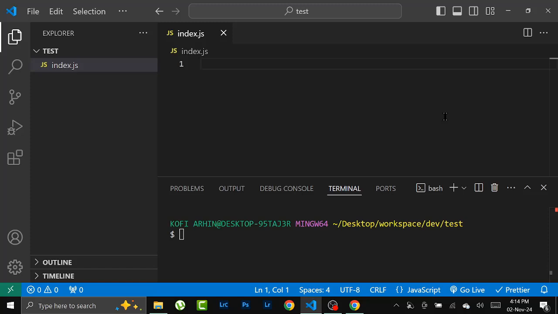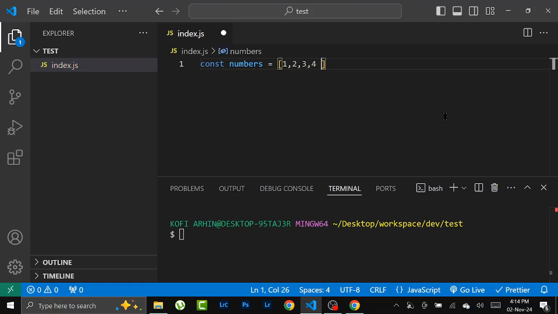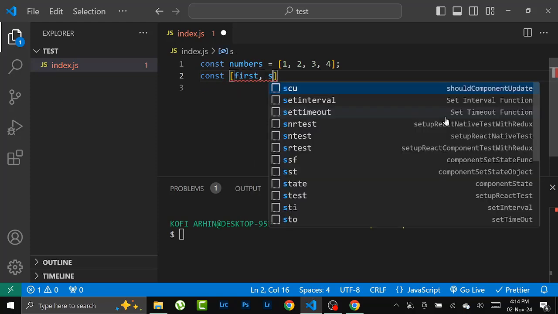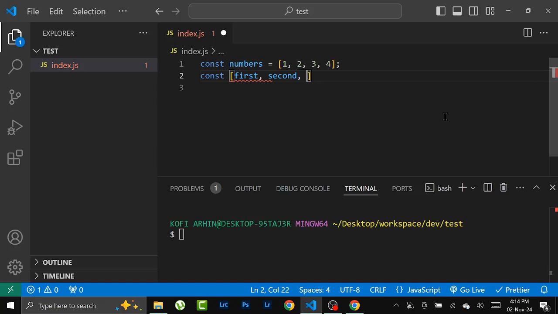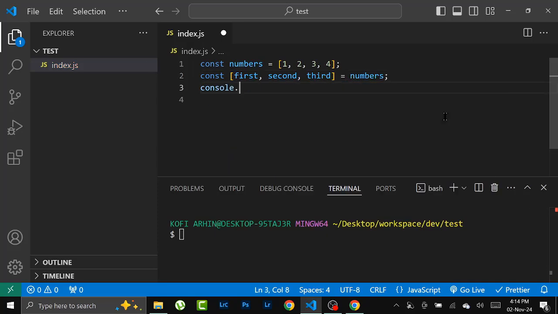Arrays, let's start with something like, let's say you have an array of numbers, 1, 2, 3, and 4. What you can do is extract these numbers by defining the positions of where the values are. So let's say if you want the first position, you can say first, and then second, and then third, and then you extract it from the numbers array. So if you write console.log numbers first,